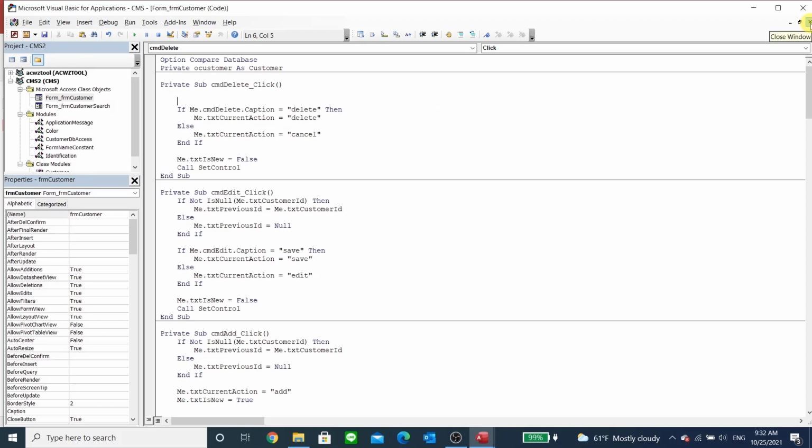Now we can say if application message confirm, and we can say in confirmation, and then message, then